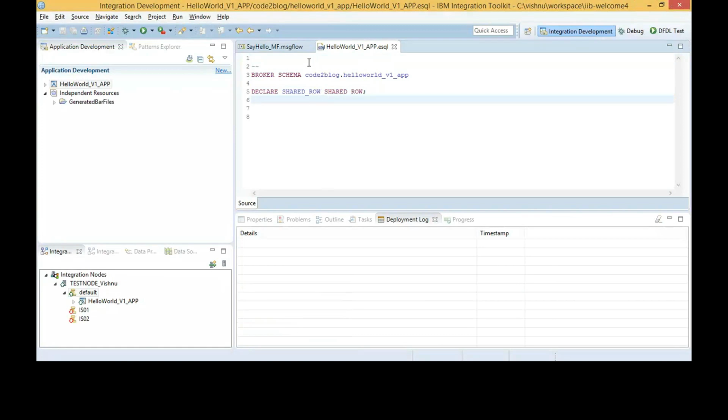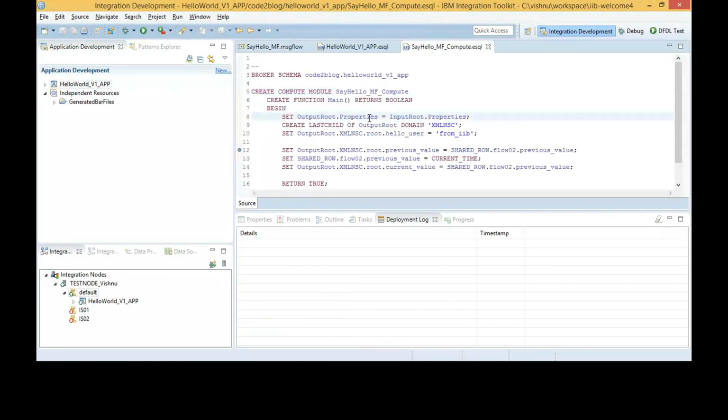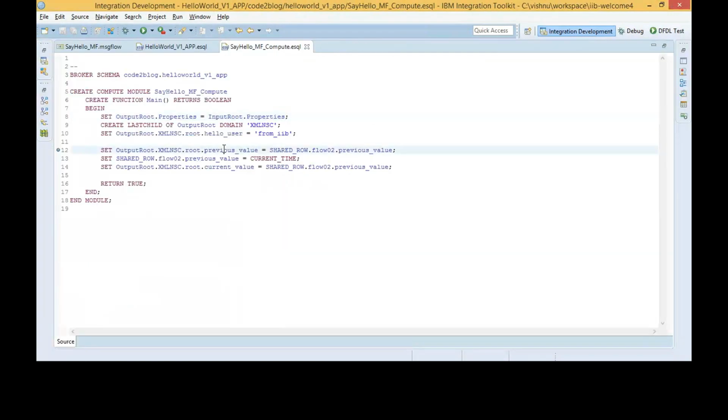Here I show how I declared that shared row variable and saved information into ESQL memory space. Look at the ESQL used here to store the current time and access information from the shared row.